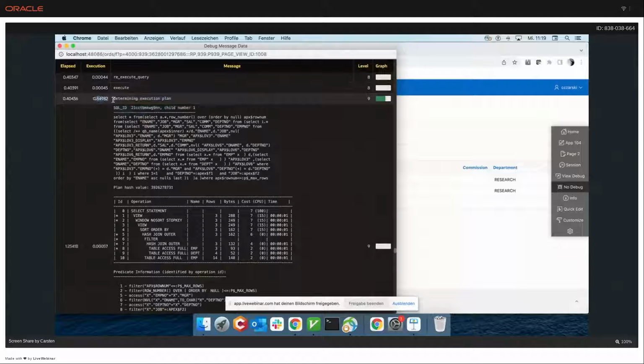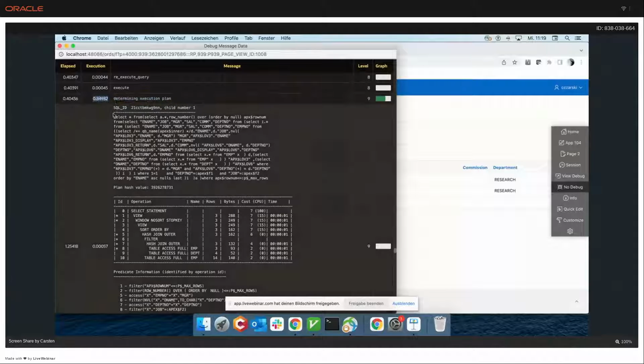And here is also what you need to be careful about: grabbing that execution plan comes at a cost, right? So the total times of a level 9 debug are always a bit skewed. But you get that information. And this is the execution plan which the database actually used when that interactive report query was executed, right? And we can clearly see no index usage,